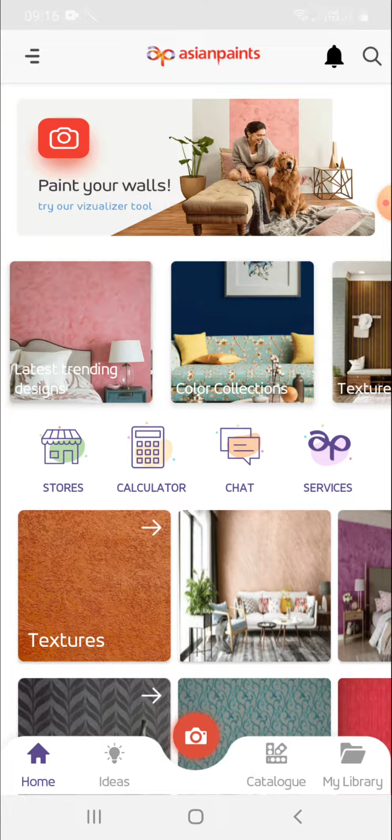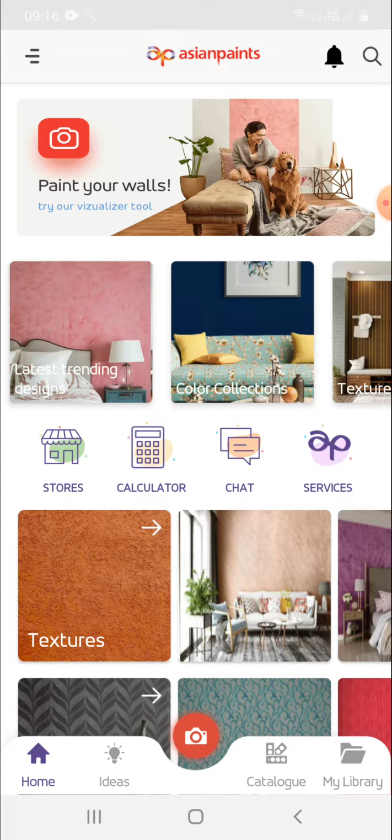Once you finalize, you can go to any hardware shop and inform them, these are the colors I want, because you'll find the color codes along with that. If you show that color to the hardware shop, they will give you those colors. You can paint your walls. This is a fantastic app developed by Asian Paints. I must recommend it to each and every one of those who are painting walls, who wanted to test new colors, how the walls look like. Everything you can find in this app.